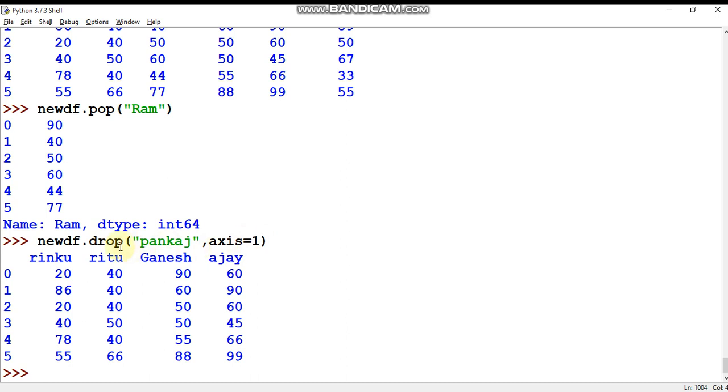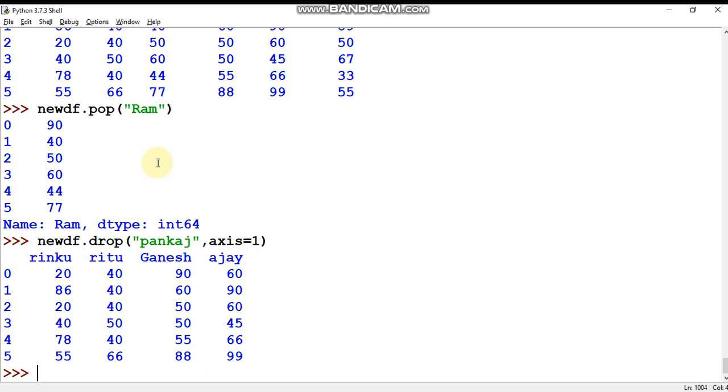We had already learned the drop function for deleting rows, so here you need to specify column. So 1 is indicating that the column is what you want to delete. Now the main thing is the three ways I had discussed.